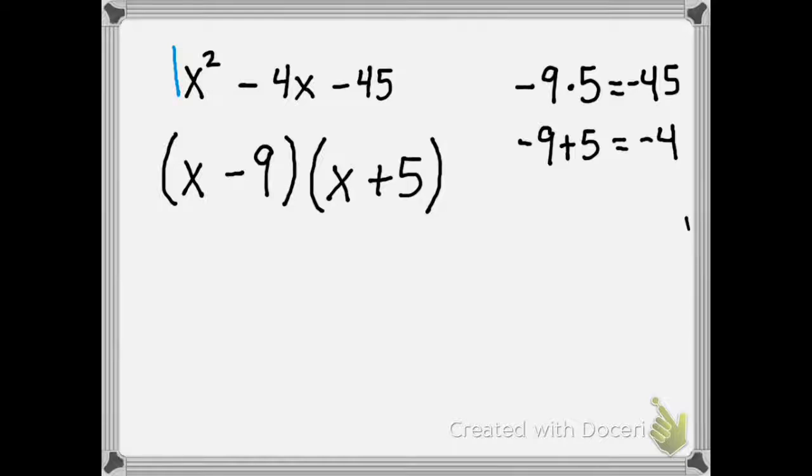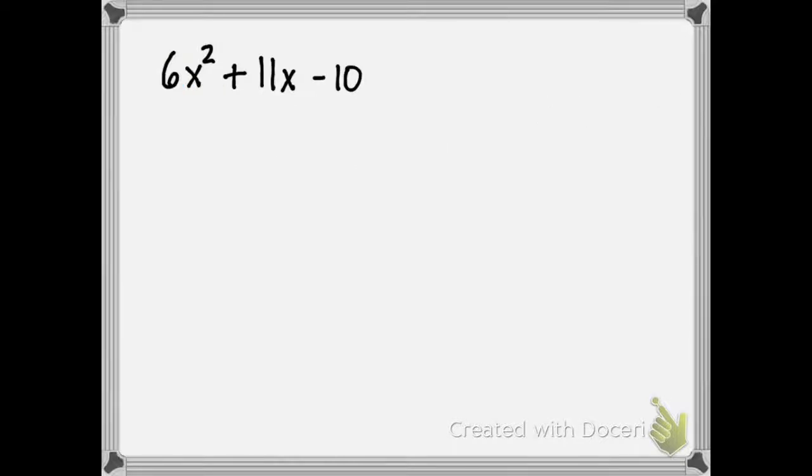So now let's look at an example where the leading coefficient is not 1. You may have learned a bottoms-up method or some other method to make this shorter or easier for you. I'm just going to do trial and error, because it just revolves around knowing how to FOIL. The GCF is 1 here, so I'm going to go ahead and draw